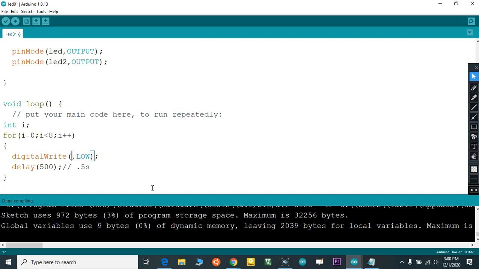Here instead of LED I am providing I, then high. So one by one we blink each LED, and I am also reversing it.